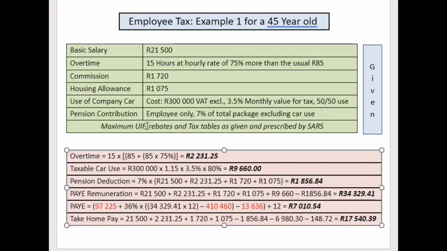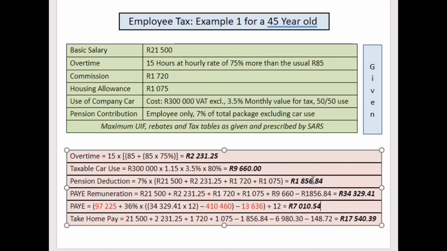So now you can say his take-home pay is the basic salary plus the overtime that we've calculated, plus the commission that we've given, plus the housing allowance, minus 1856. Okay, that 1856.84 there is his pension fund deduction,